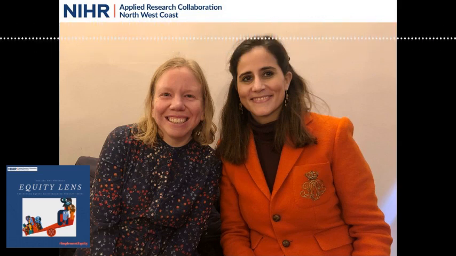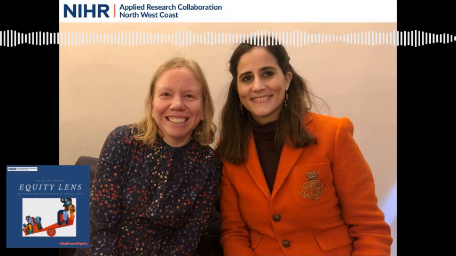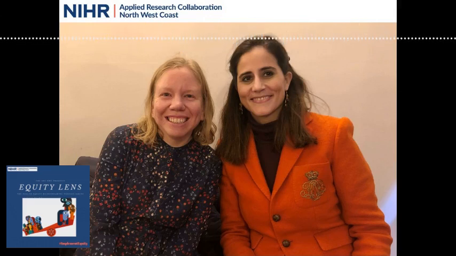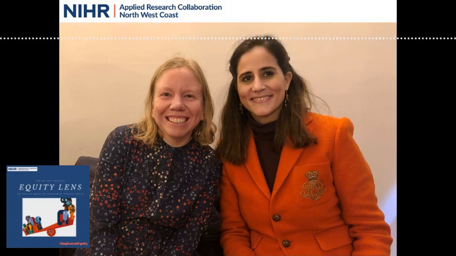Well, the simplest definition is health inequalities are differences in health status between people. But it is, in reality, a bit more complicated than that because it depends on how you measure health and what you mean by health. And it can also even refer to differences in healthcare. So for one thing, we could look at, say, differences in life expectancy, differences in quality and experience of care, behavioral risk factors, for example, smoking rates, obesity rates.